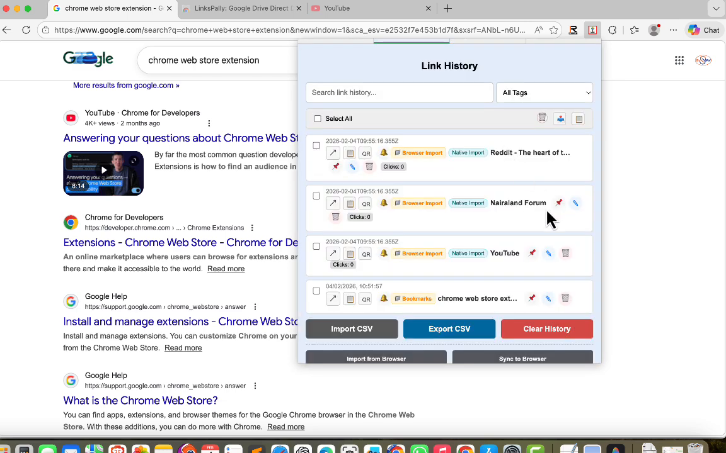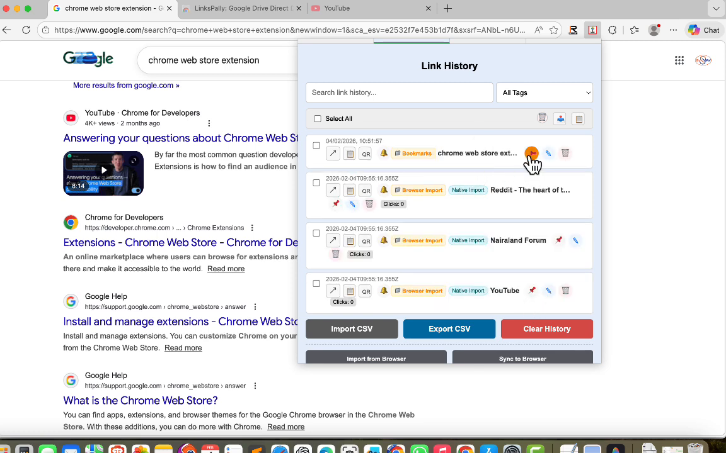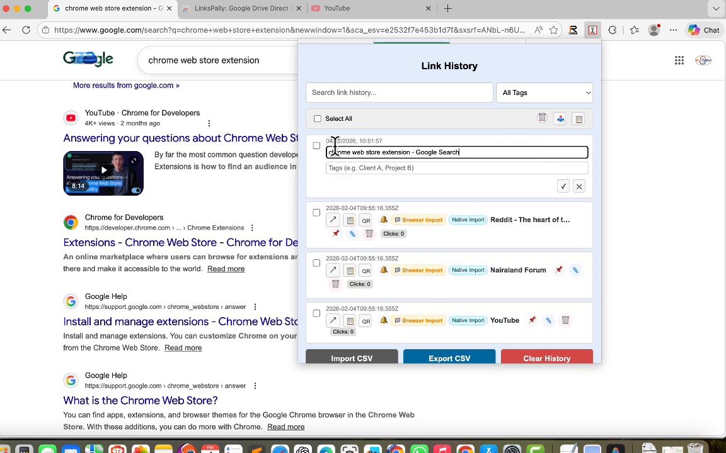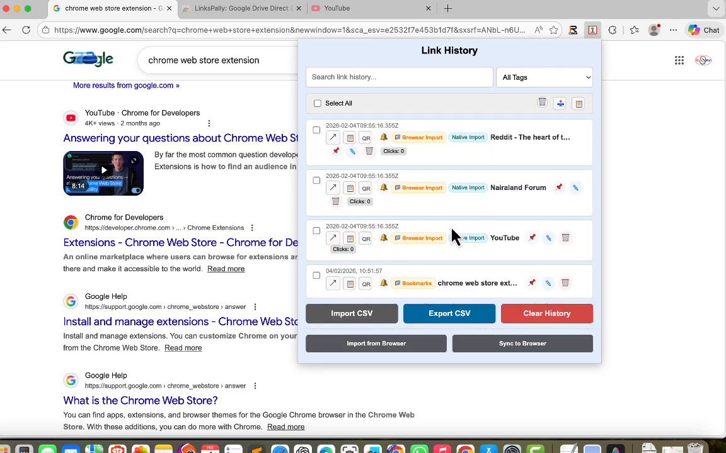So now if I want to pin any of them, I can go ahead and do that. You can see I have pinned this to the top, and if I want to edit it, I can edit the name, I can even give it a tag, and so on and so forth. So what we're going to do now is export the bookmark, and then we will import it back to another